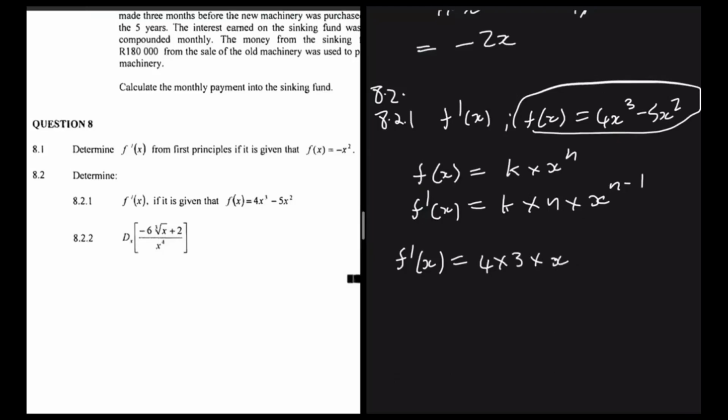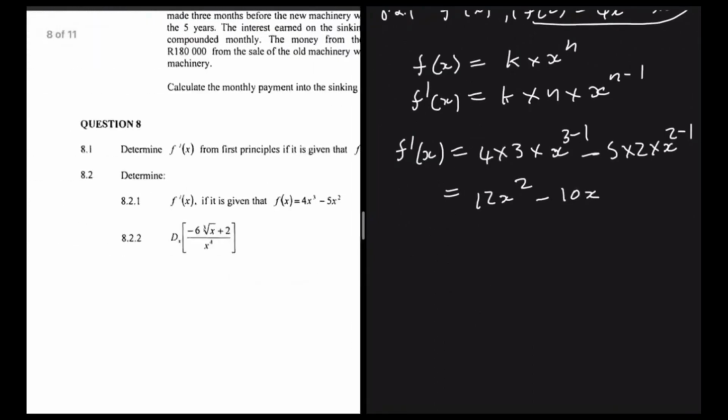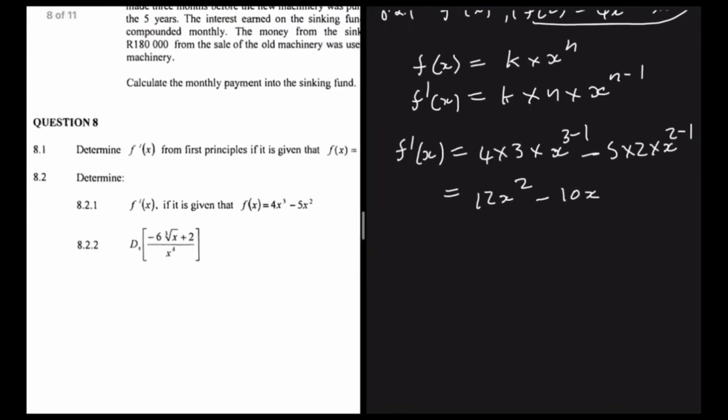to the power n minus 1, 3 minus 1, and then minus, and then we have 5x squared there. So we're going to have 5 being our k, 2 being our n, and then x to the power n minus 1, which is going to be equal to 12x squared minus 10x, right? And then that's how you do it, easy 2 marks. And then